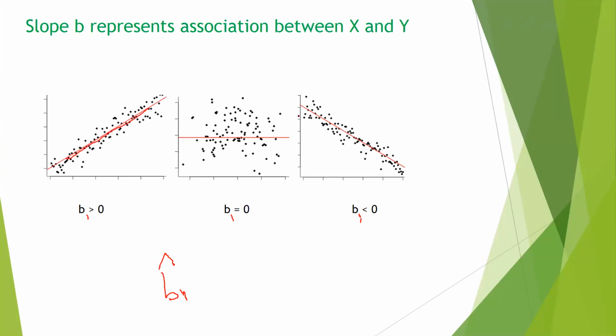Either this one or this one, right? But not this one. Why? Because in this one the data says the slope equals 0, which means there's no association between x and y. Only when the slope b1 is not equal to 0,